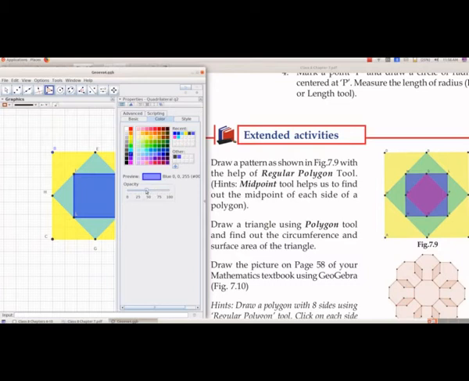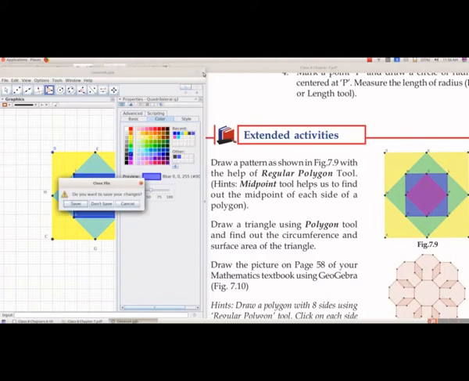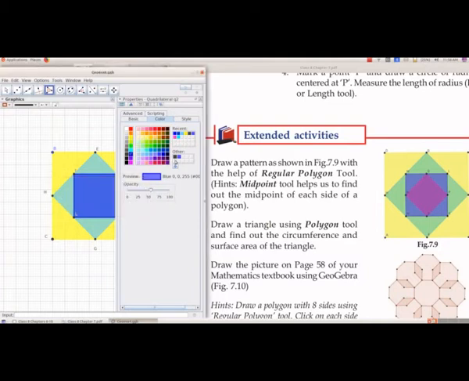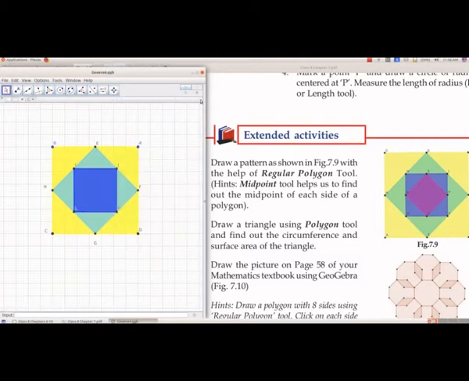We will increase the opacity. So now we got the third square, and again we want to draw another square within this square.